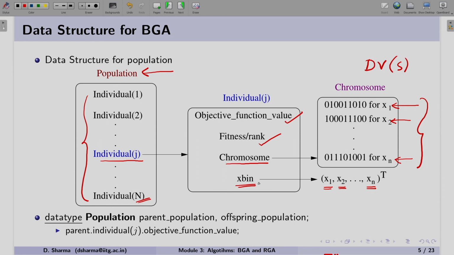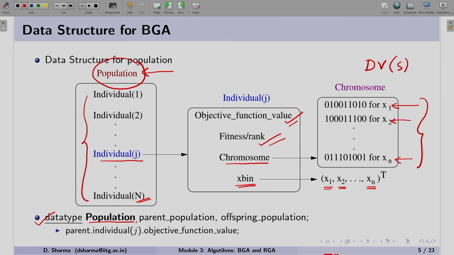So let us take one data type, as you can see here. The data type we have taken is a population. When we say population, as you can see from the figure, this population has n individuals, and each individual has an objective function, fitness value, chromosome and x-bin vector.